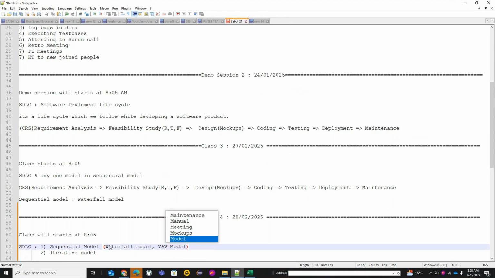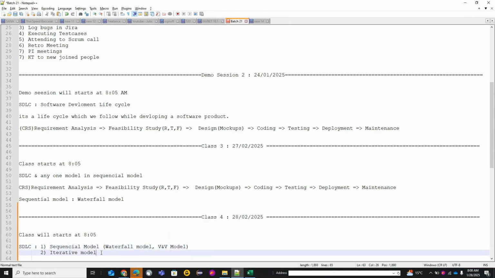And next we have the iterative models. In iterative, what we have: the spiral model, the agile model, the prototype model, and the incremental model. All are not required. In this course, you are going to learn two sequential models and two iterative models.